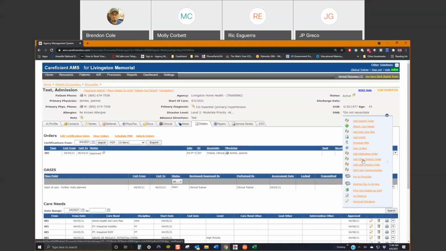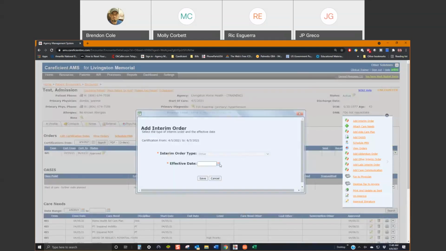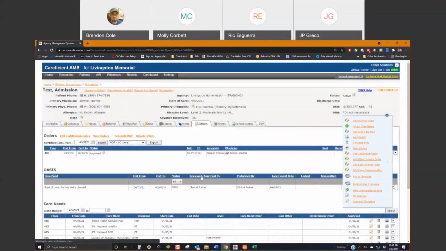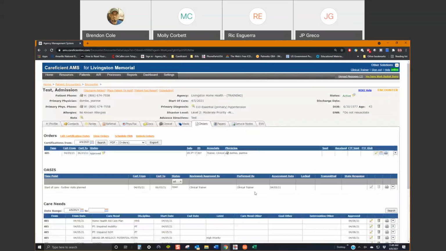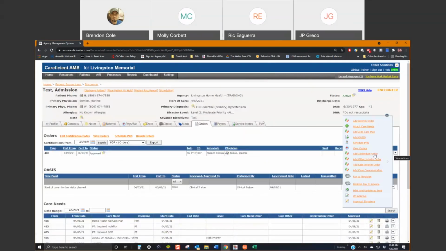The other interim order is just a verbiage box, so it's not going to address any schedules whatsoever. So if you receive an order that does not affect your calendars, this is the one you would use to write in most cases. Again, just document your order inside this verbiage box here, and then sign it, and then all you'd have to do is hit save and close at that point. The lab interim order is basically just